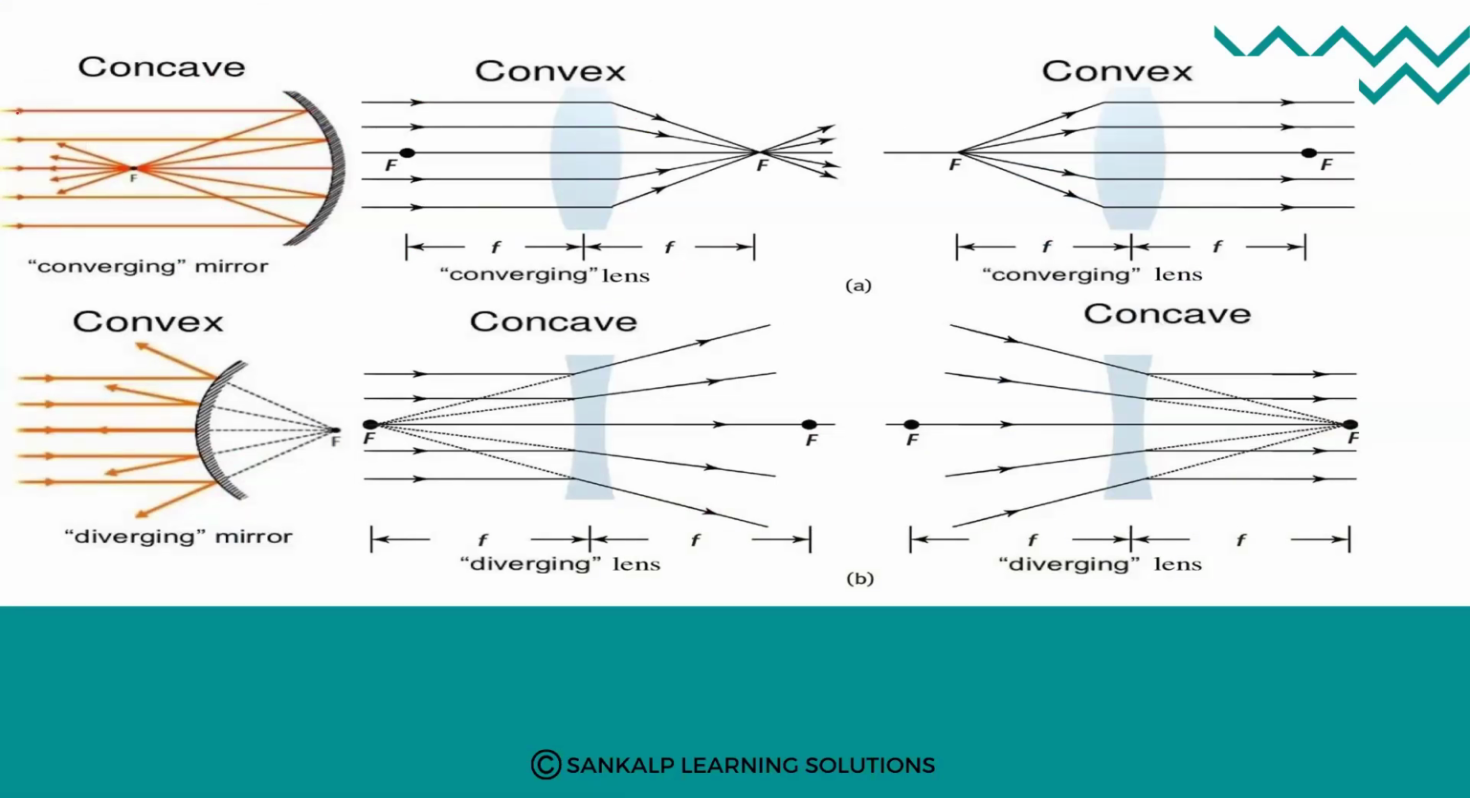Now when the rays of light are coming like this, after reflection, all these rays will meet at this point, and this is called the principal focus F, right? So that means this is called a converging mirror. Okay, concave mirror is called a converging mirror. Like that,